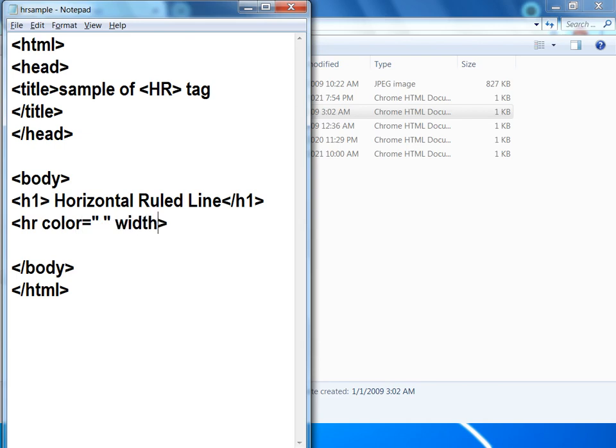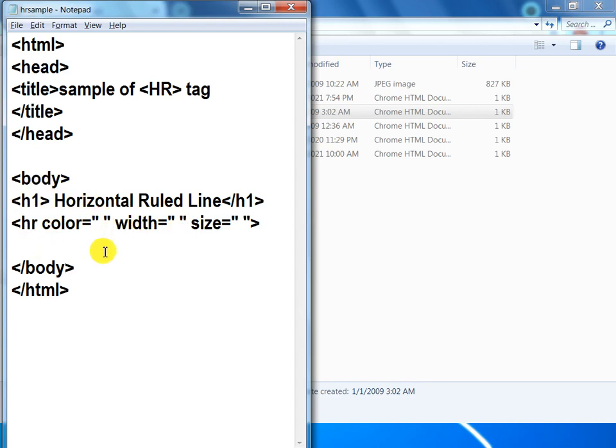Second one, width equal to double quotes, and size equal to double quotes. Here are the color, width and size. These are the attributes of an HR tag.